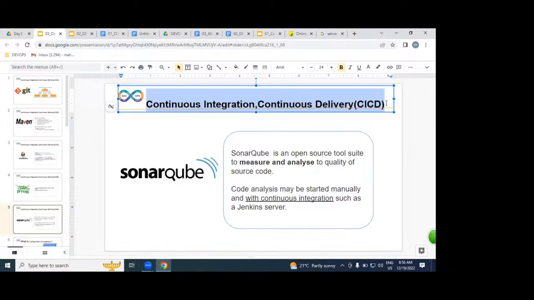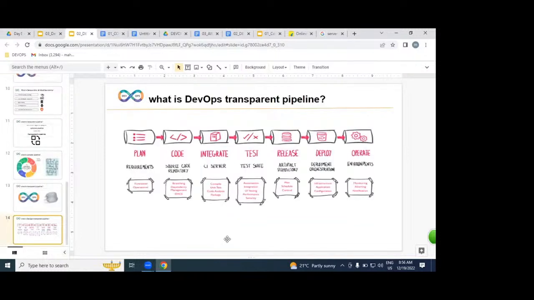All of you understood very clearly? So where exactly does CI/CD get placed? CI/CD is continuous integration and continuous delivery. Continuous integration is making working software, and we continuously deliver it.